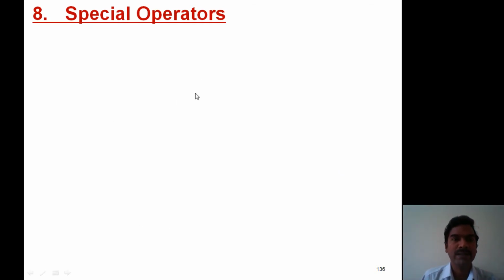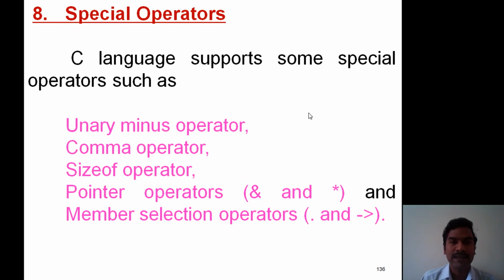Hello students. Next category, special operators. The C language supports some special operators such as unary minus operator, comma operator, sizeof operator, pointer operators and member selection operators.